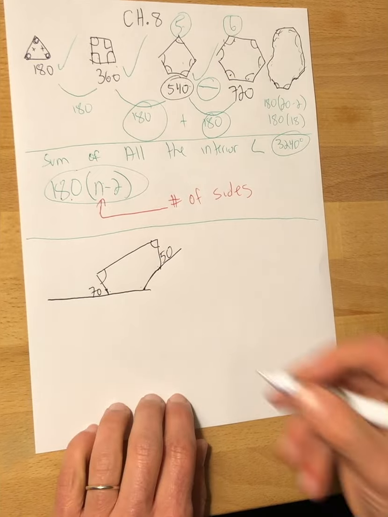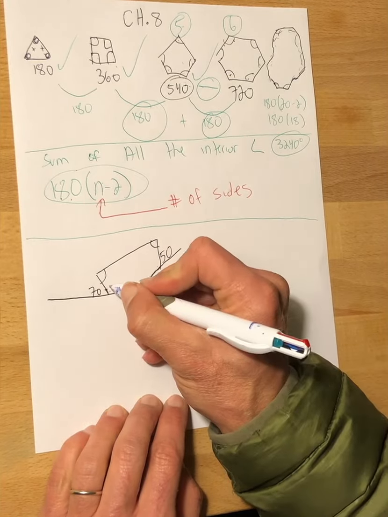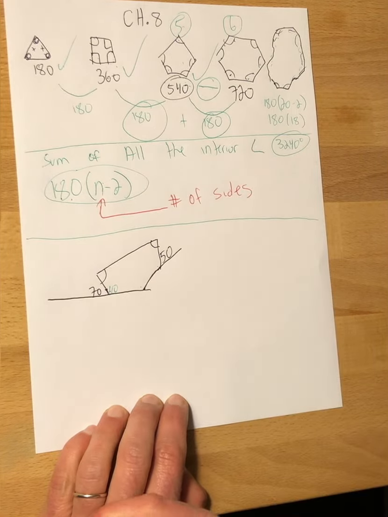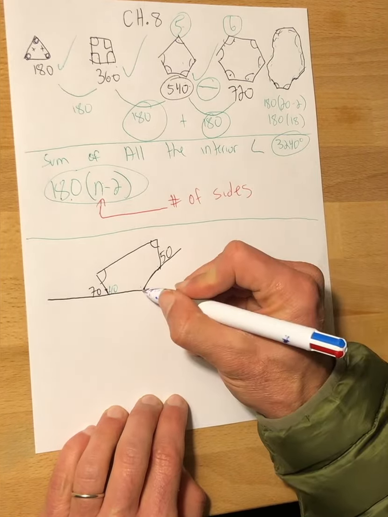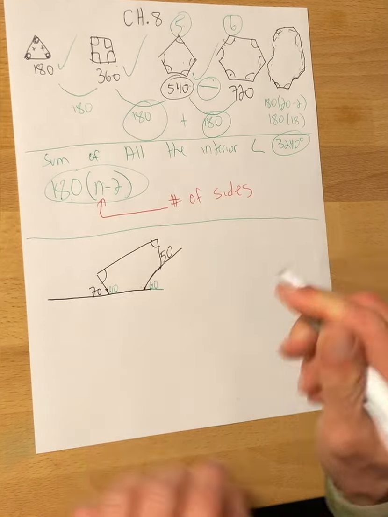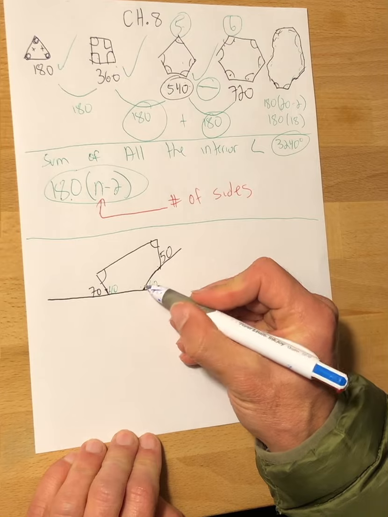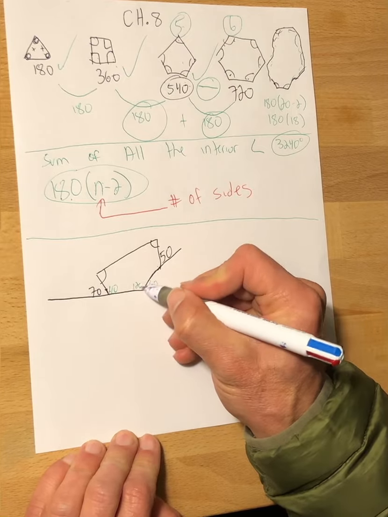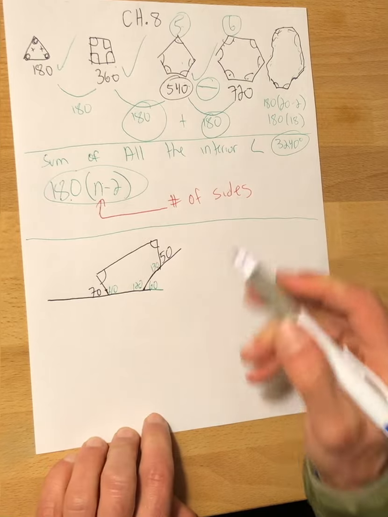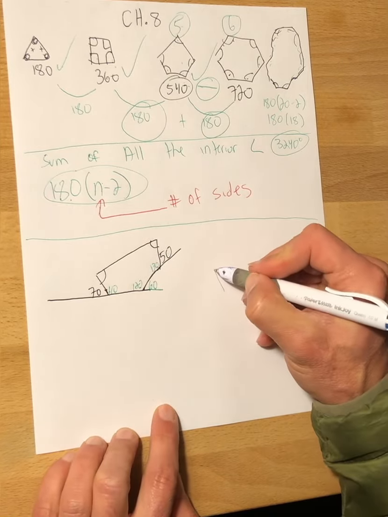Okay, well look. This is 70 degrees. This has to be 110 because this is going to give me a straight line of 180. Oh, I have to also say how big this angle is. Let's say this is 60 degrees right here. If this is 60 degrees, this angle would have to be 120 degrees. If this is 50, this would have to be 130. So in this shape,